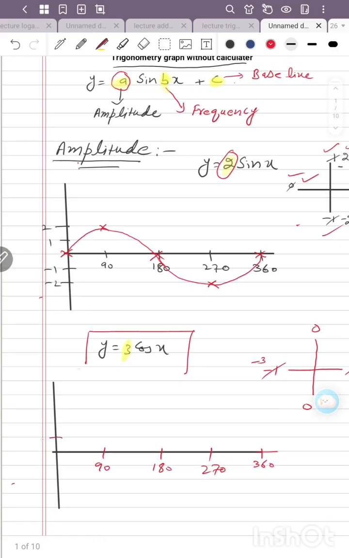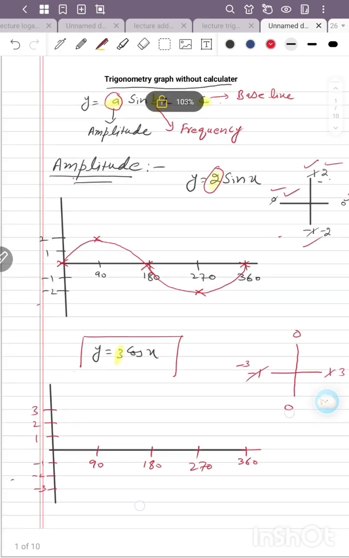अच्छा अब आते हैं बेटा, ये क्या हो गया हमारे पास, 1, 2, 3, इसी तरीके से -1, -2, -3, क्योंकि मैक्सिमम वैल्यू आपके पास 3 है और मिनिमम वैल्यू -3 है। अब आप देखें बेटा, 0 पे वैल्यू क्या आई थी, +3। 90 पे वैल्यू क्या आ रही है, 0। 180 पे वैल्यू क्या आ रही है आपके पास, -3। 270 पे वैल्यू क्या आ रही है, 0। और 360 पे वैल्यू क्या आ रही है, 0। तो आपके पास जो ग्राफ ड्रा होगा वो इस शेप में होगा, और यहाँ से ये कर्व बन गई।